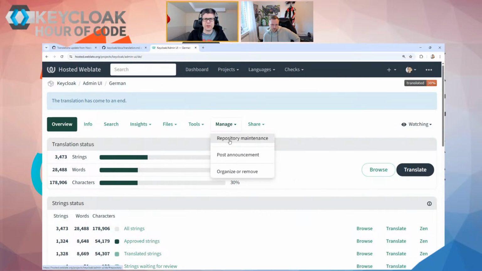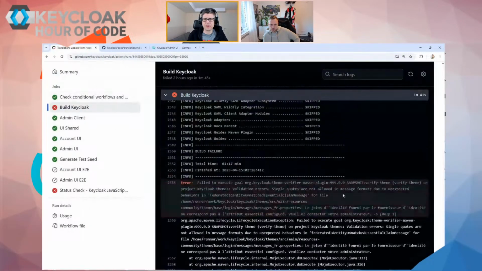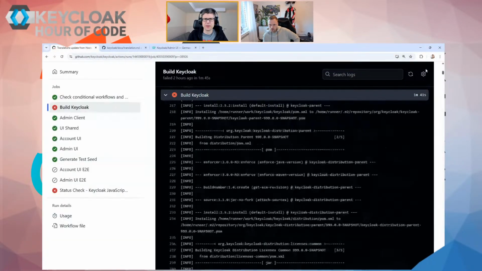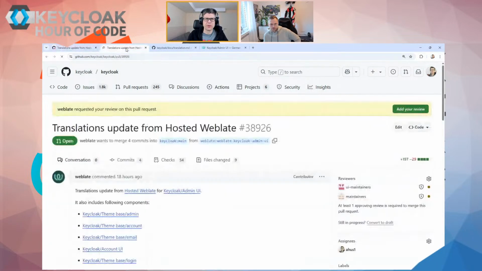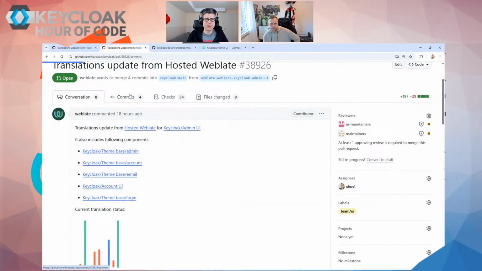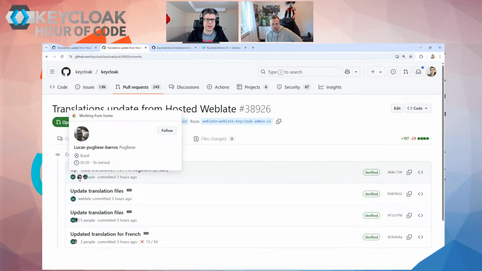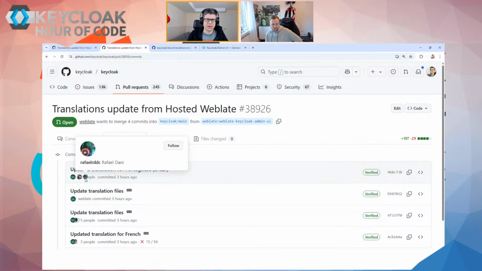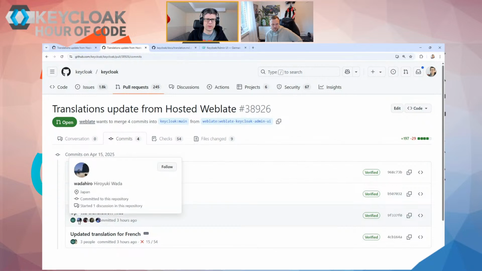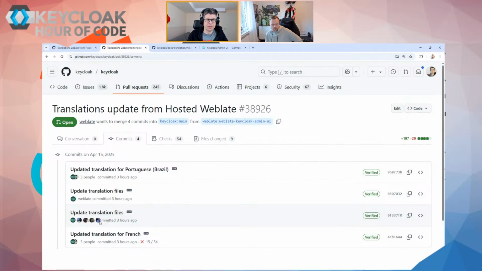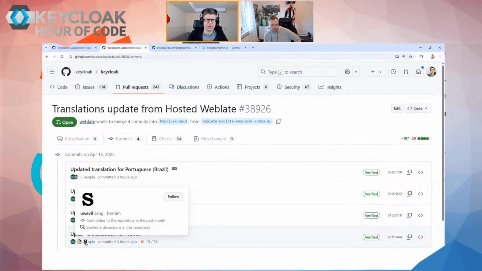What Weblate then does, it would eventually create an updated pull request. There is already one pull request here that has been created last night with lots of translations. It failed, and we will see in a minute why it failed. What we see here, there is one commit per language. So here several people contributed, Lucas and Raphael. To the Japanese translation there were 4 people contributing, and to the French translation there are 2 people contributing